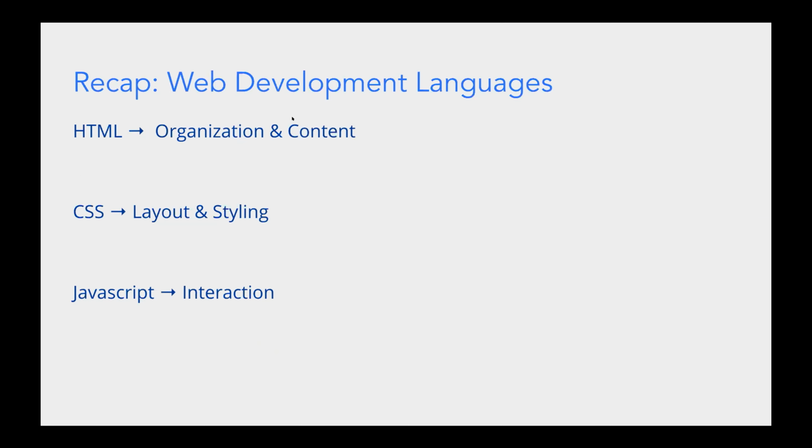So jumping right into the recap, we first started off with the 3 languages that we use when coding in a browser. We use HTML to organize the page and to introduce all the content, all the text and images that we're going to put on the website. On top of that, we have CSS, which is responsible for styling it so that it looks how we want it to. In addition, we have JavaScript, which is used for